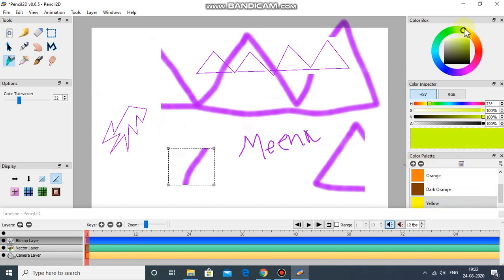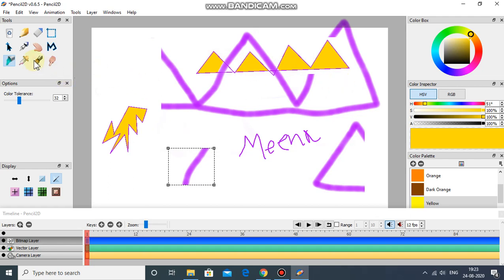If I want to make it better, I can move this circle. And I want this color. Now I click inside the picture, inside this drawing. Now it gets the color. So as you all know, paint bucket tool is used to fill the object. If this is a closed figure, then this also will get the same color, and so on.